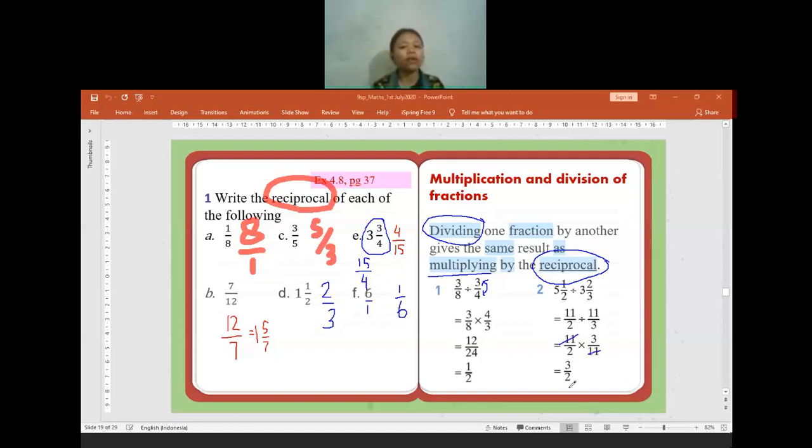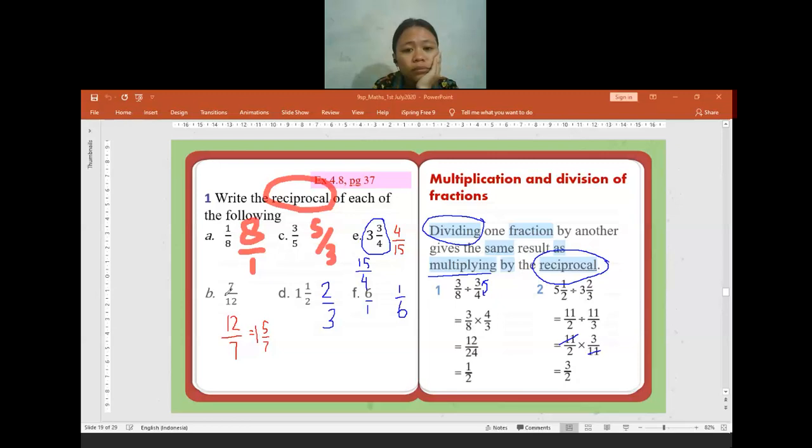Is there anyone who has difficulties, or maybe I talk too fast? Hello? No, I understand. Really? Okay. No one has difficulties? Teacher, number 1. For the example of number 1, is it Orfeo or someone who asked me before? Sorry, I didn't read. Yes. Okay, which one, Orfeo, that is making you confused? Example 1 of the multiplication and division, or the reciprocal?